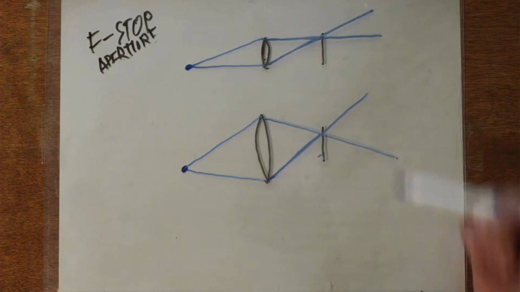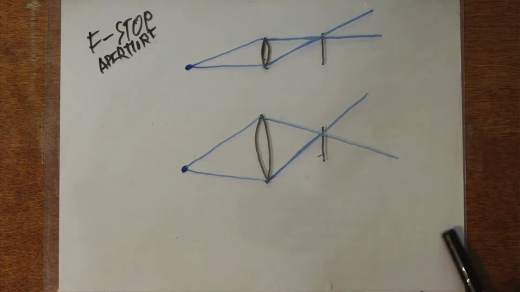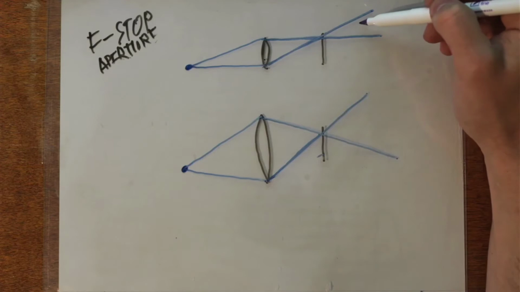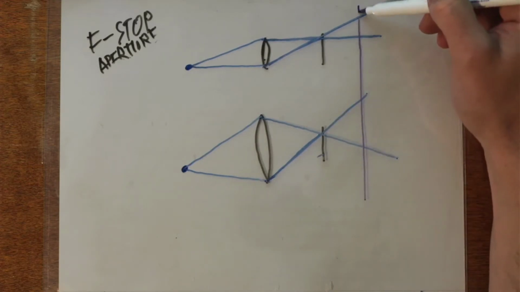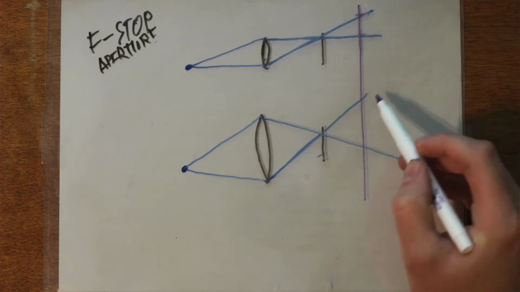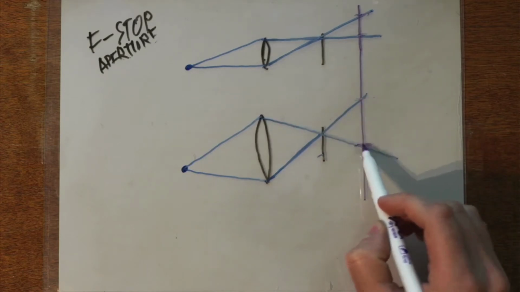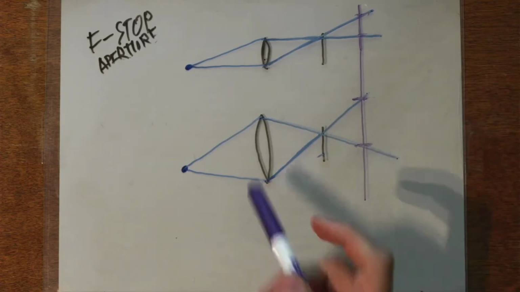Okay, so then if we come to some point behind our sensor, so an out of focus spot, right? An out of focus spot. Let's go to the same point. Our out of focus spot is going to be that big there, and that big there. Our out of focus spot is going to get much, much bigger when we have this bigger